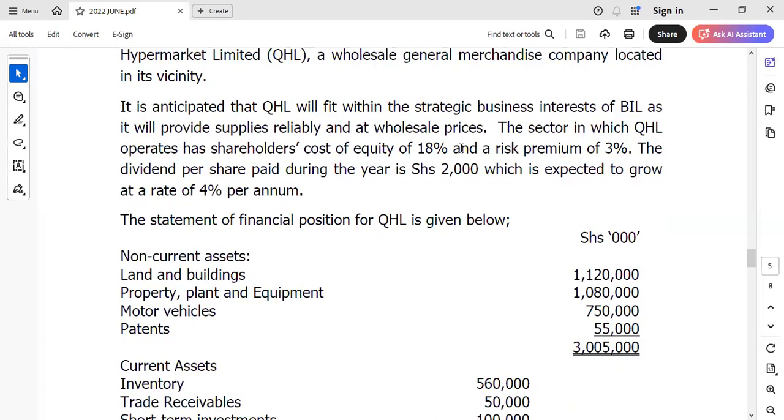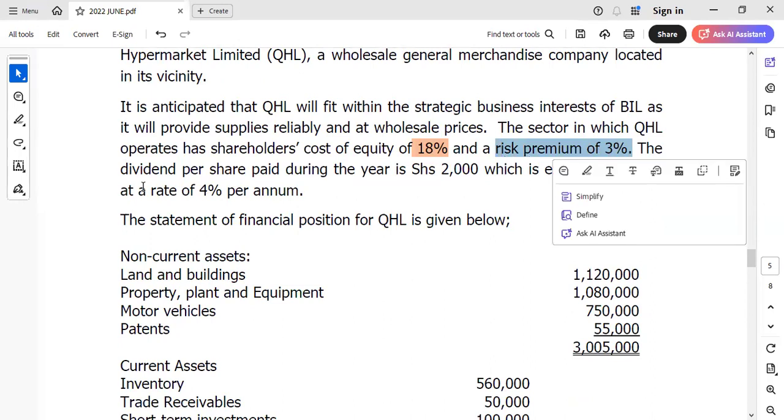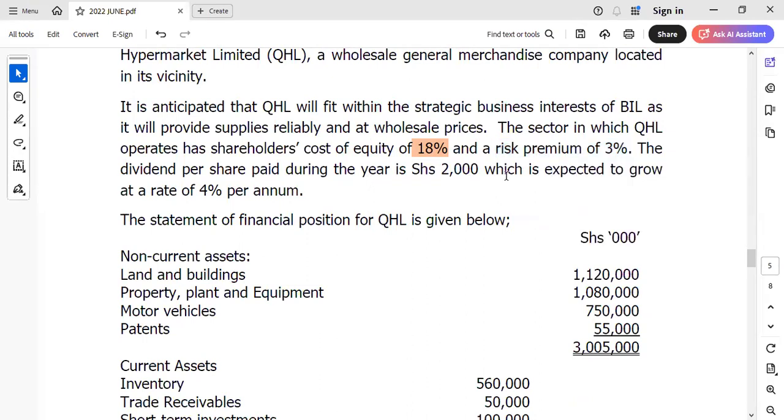The sector in which QHL operates has shareholders' cost of equity, that is KE, directly, and then you also have a risk premium of 3%. Okay. The dividend per share paid during the year is 2,000, which is expected to grow at a rate